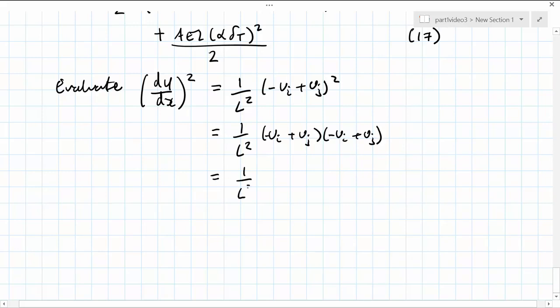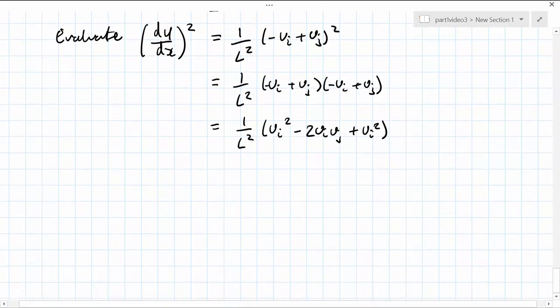Finally, to give 1 over L squared times Ui squared minus 2 Ui Uj plus Uj squared. If we then put this into equation 17, we end up with another expression for our strain energy, lambda e, this time equal to Ae over 2L times Ui squared minus 2 Ui Uj plus Uj squared